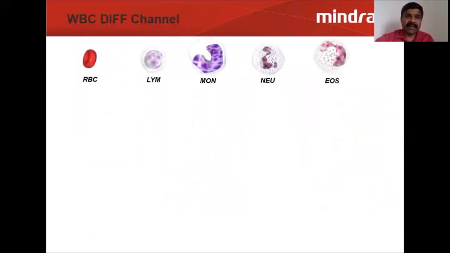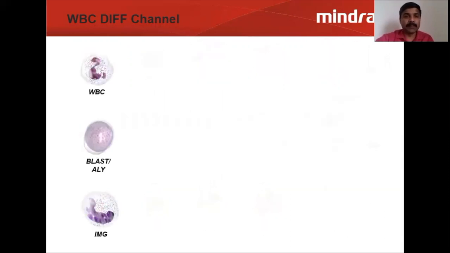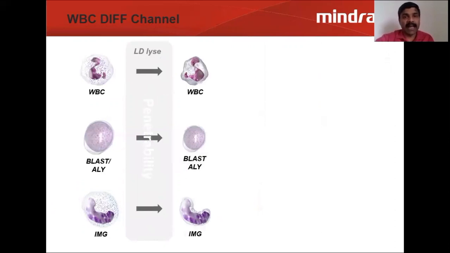So coming to the reaction, what is happening in this instrument? How is the instrument able to identify the differentials more accurately and avoid interferences? You can see each channel has a specific reagent added in that particular channel. One lysing reagent will lyse the RBCs to avoid interference, and then we add a dye which stains the WBCs. After staining, these are analyzed in the flow cytometer to get a more accurate differential.